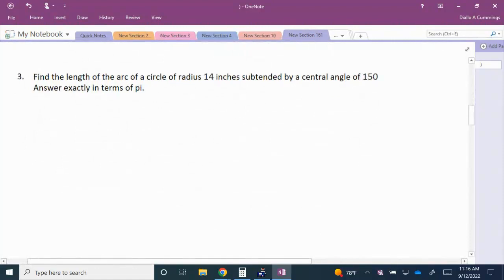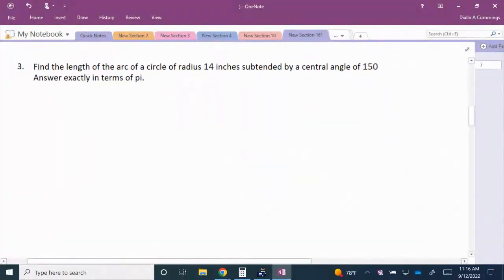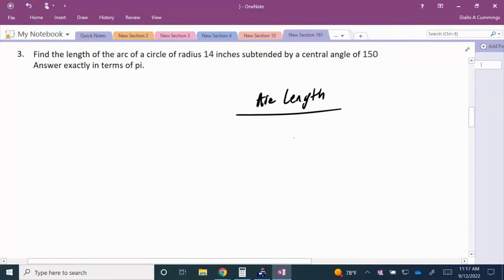All right, next we're asked to find the arc length of a circle, and it says that the radius is 14 inches and the central angle is 150 degrees. Okay, so let's talk about arc length. For arc length, we have a circle,